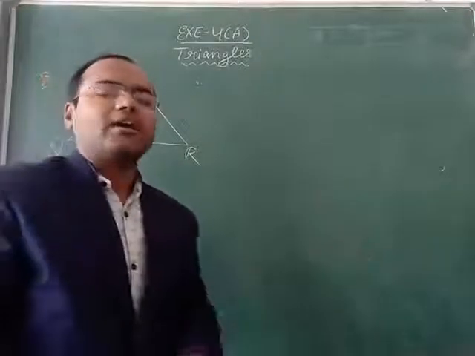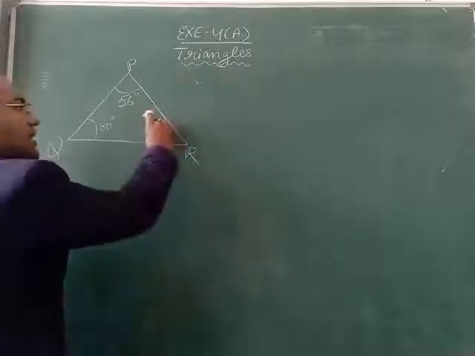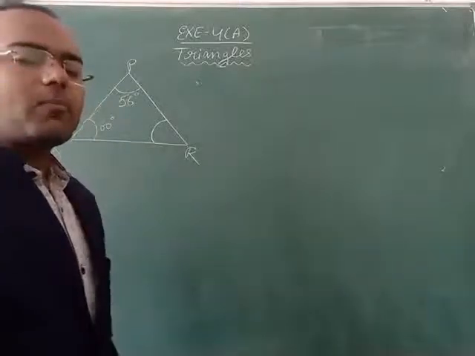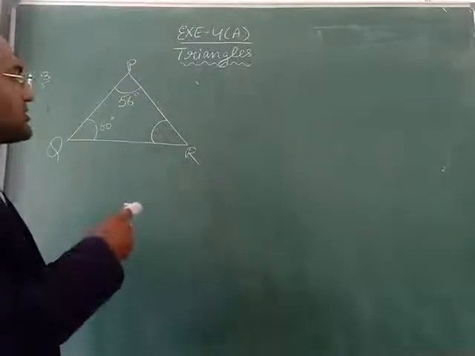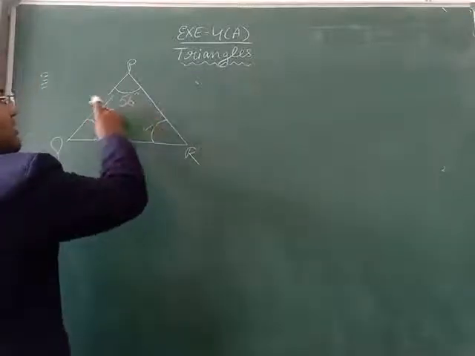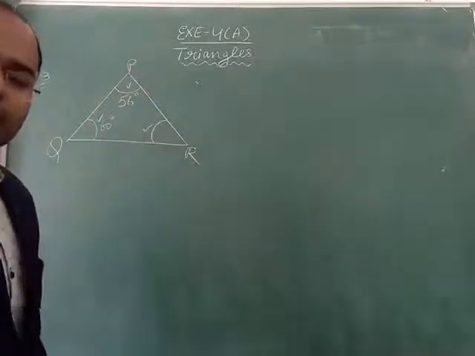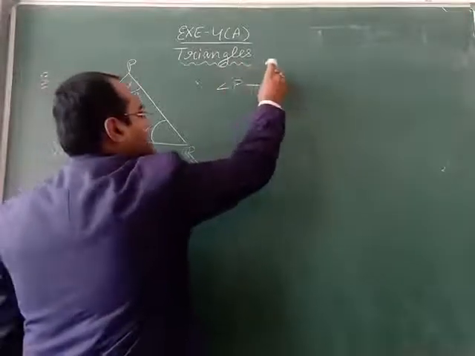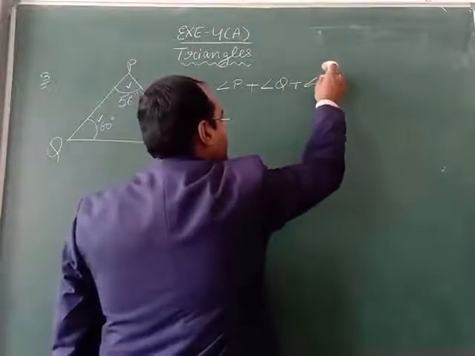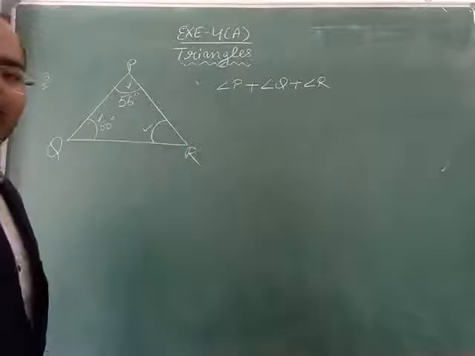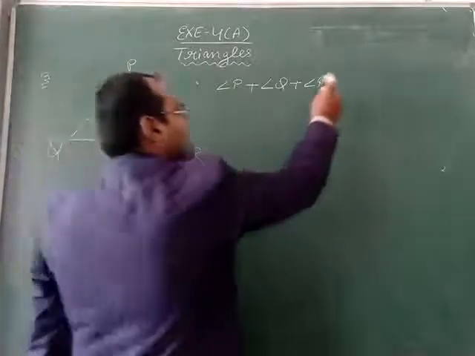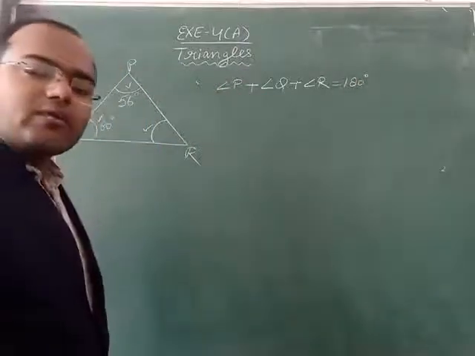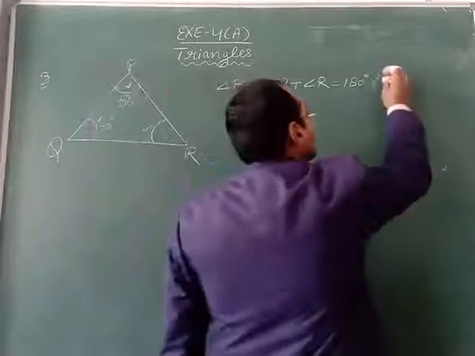Then what is angle R? We have to find this third angle R. So here you have to use the property of a triangle. What is the property of a triangle? That property is the sum of all the three angles of a triangle is 180. This is the property which we have to use here. Angle P is the first angle, plus angle Q is the second, plus angle R is the third. So when we add all these three angles of a triangle, their answer will be equal to 180, because this is the property. The name of the property is angle sum property.